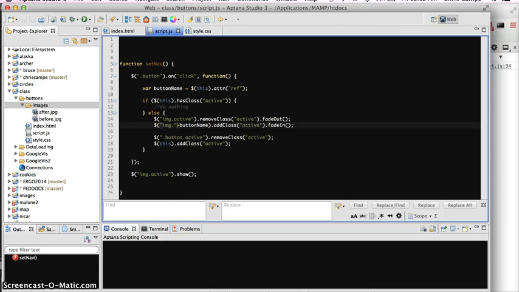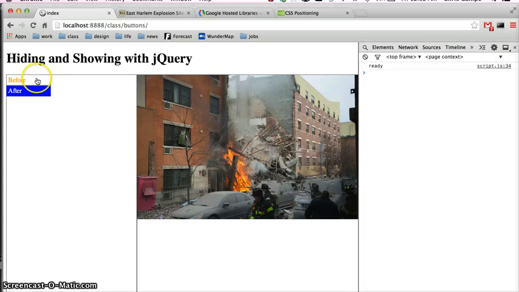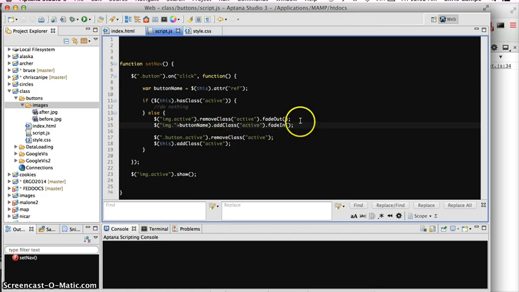Else, if the thing that we're clicking on does not have a class of active, then we want stuff to happen. We want to assign the class active to this button, and we want to assign an active state to the image that we want to show. We also want to fade in the image that we want to show and fade out the image that we don't want to show. So that's what we're doing here. Image active, remove class active. Remove class, again, is a nice convenience method in jQuery. And we're going to just chain these things together. So we're going to remove that class, and we're going to fade this image out. We're also going to fade in the image we do want to see,